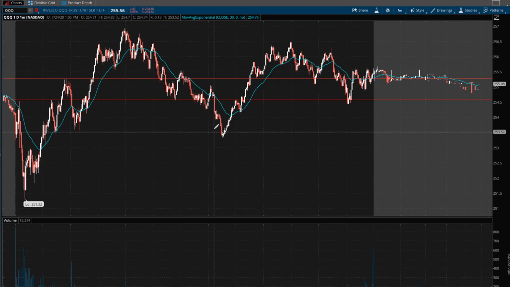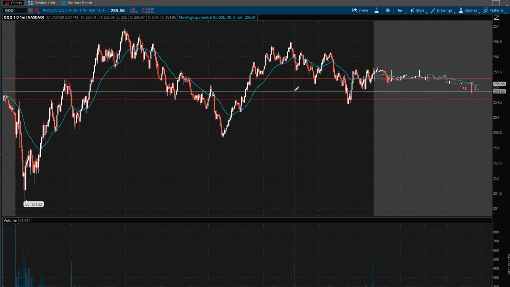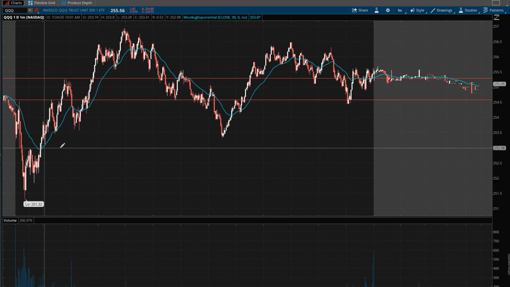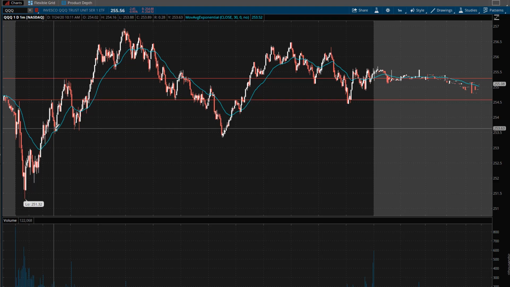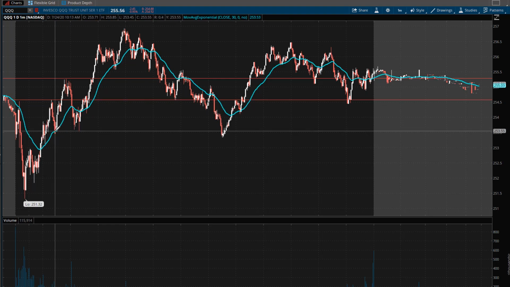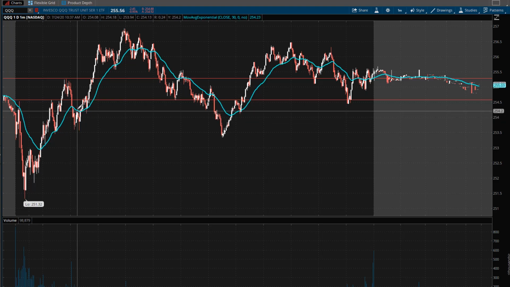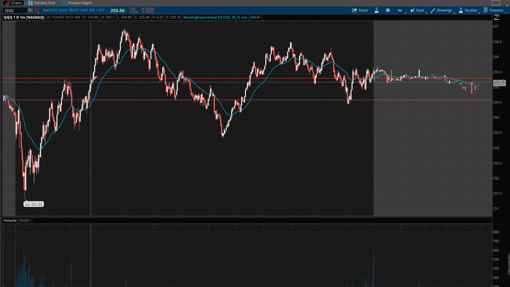Sometimes it's good to have two EMA lines and just look at both of them from different perspectives, right? So you could see, when it's looser, you get a clearer sense that, even though it touched right here, even though it fell down right here, with the looser EMA line it still is hovering above it, versus when we had it tighter at this point, it was already below it, right? So with the looser one, it bounced off that area, kind of acting as a support, and then ended up going even higher, touching this resistance, going down, breaking below it, then coming back above it again, and having another